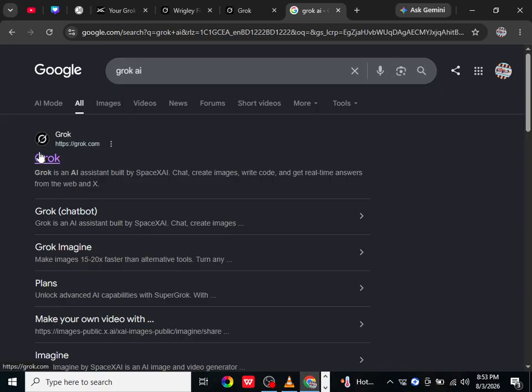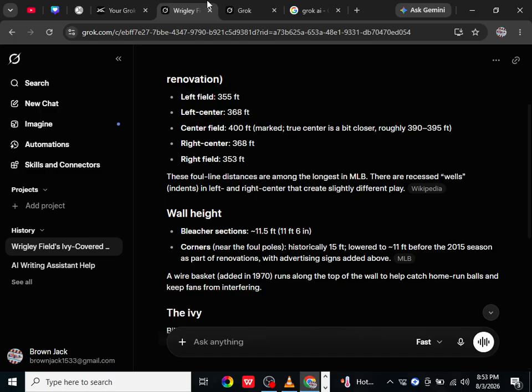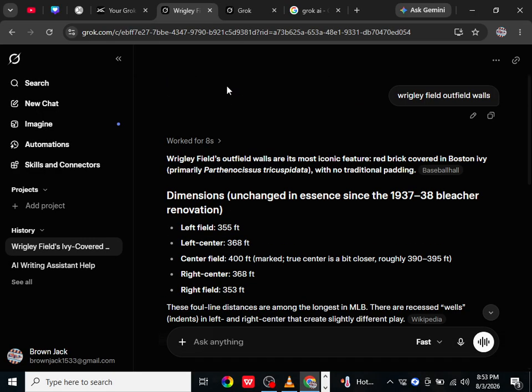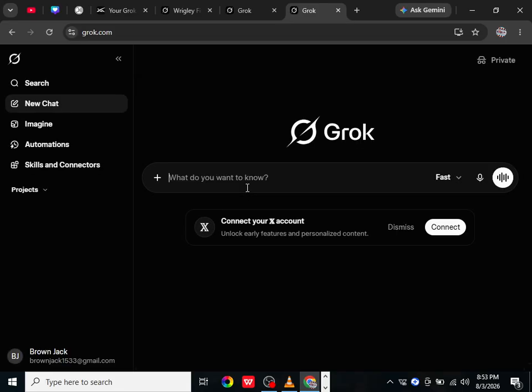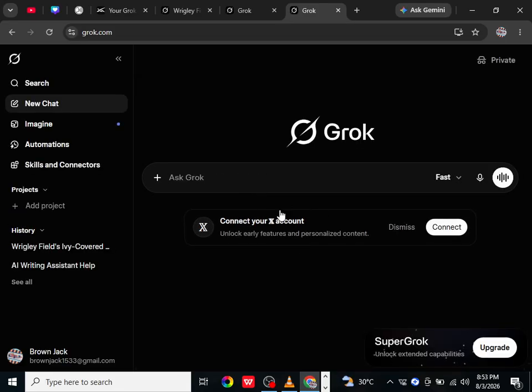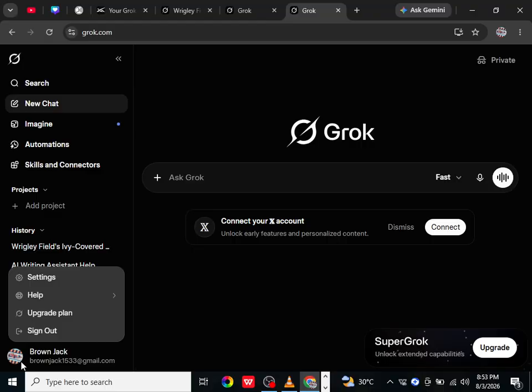Once the Grok website loads, look for the Sign In or Log In option and click it. You'll then be taken to the available login screen. Depending on the current Grok sign-in system, you may be able to continue with a supported account provider or use another available login method. Choose the login option connected to your Grok account and follow the instructions shown on the